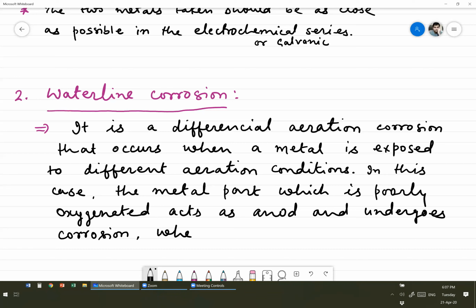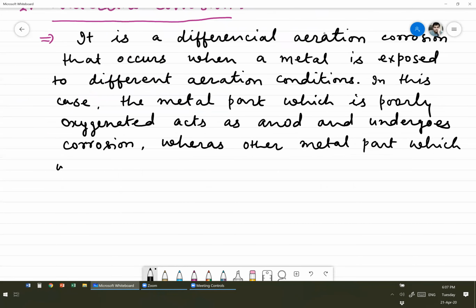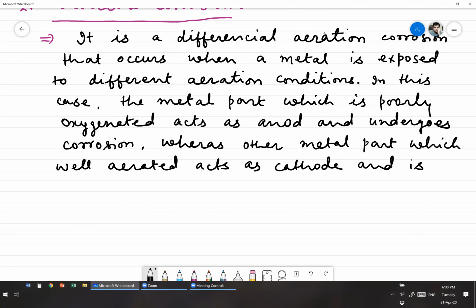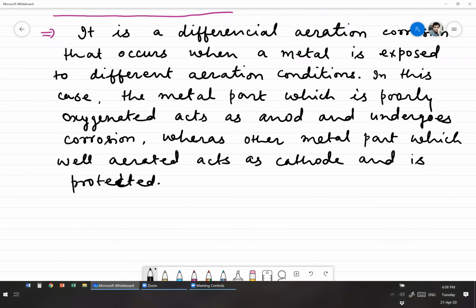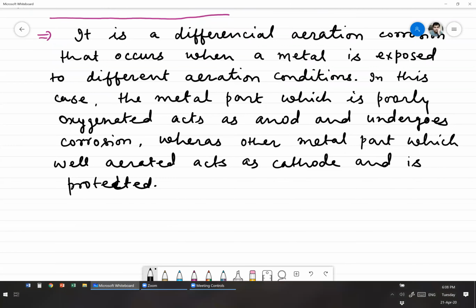Whereas the other metal part which is well aerated acts as the cathode and is protected. Okay. So this waterline corrosion occurs due to the formation of an oxygen concentration cell. In this case, this waterline corrosion occurs